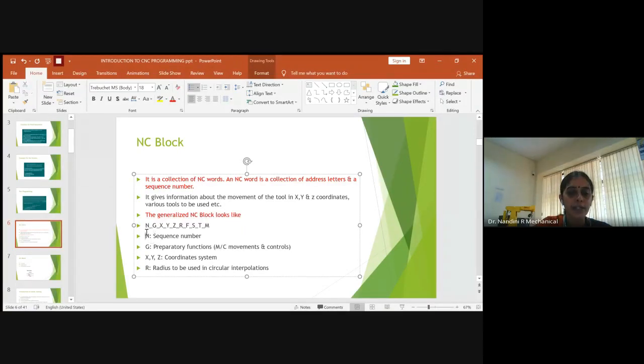Always it starts with N, so it provides a sequence number. Sequence number will help you to perform the operation one by one in a sequential way. Okay, so once the sequence number is assigned, then you have to provide the preparatory functions. How you make the movement of the machine. Along with the movement of the machine, even there should be some control in the movement. You cannot blindly give the movement and leave it. All operations will happen continuously without any break, without any stop. It will not work. The material will become a scrap and the tool will be heated without coolant, because you have to stop the operation sometime, make the coolant on, make the spindle on for rotation, then off it again.